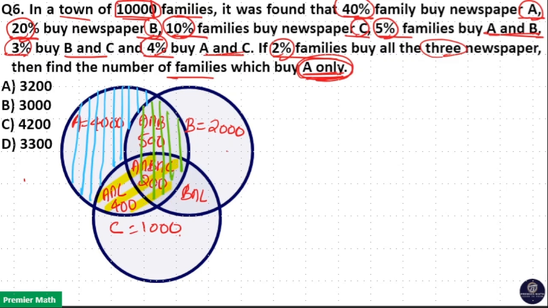So, to find this portion, that is A intersection B and A intersection C, that is this green portion, you have to subtract 200 from this total 900. That is, when you add this 500 and 400, you are adding this 200 two times. So, in order to find this green portion, you have to subtract 200, that is one tri-junction, from this total 900. So, here A only is equal to